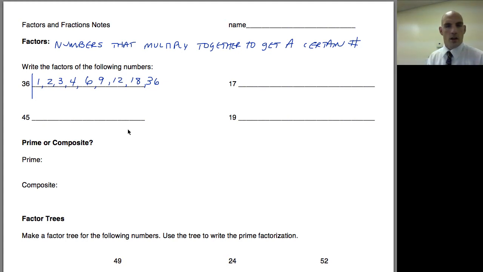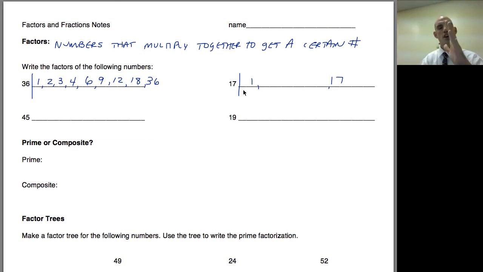okay? Let's look at 17. 17, I know that 1 and 17 go in. I know that 2 doesn't go in. I know that 3 doesn't go in. 4? No, 4 goes into 16. What about 5? No, 6, 7, 8,